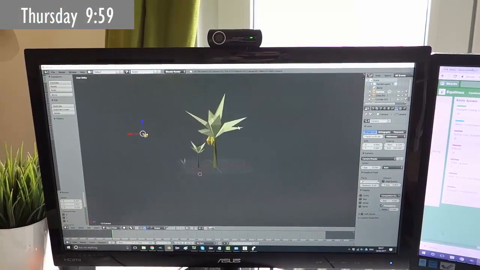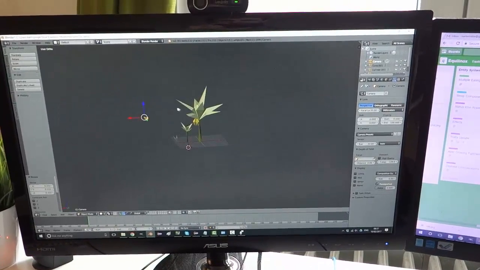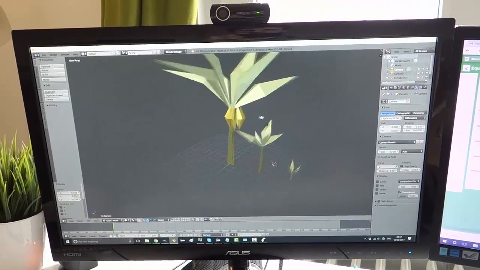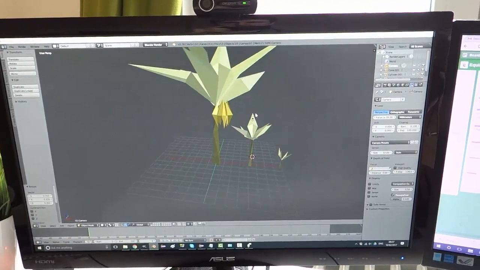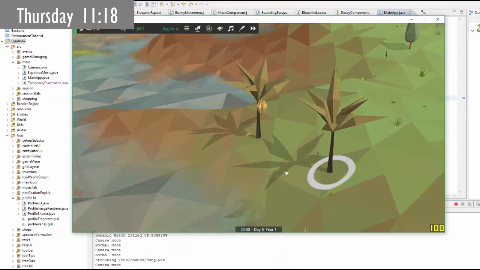To start off the day today, I've been altering the palm tree model to create a new tree for Equilinox, which, as you can hopefully tell, is a banana tree, and this is obviously going to be another fruit dropping tree which produces bananas. It is 11:15 now, and I've just been adding the new banana tree into Equilinox,